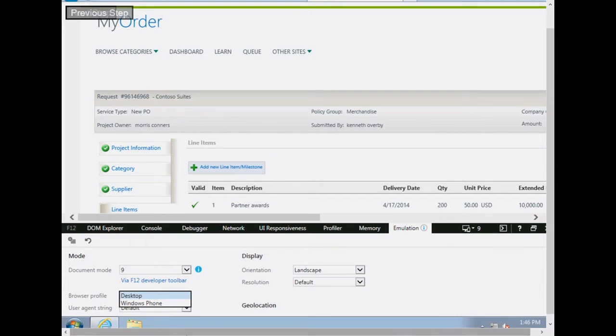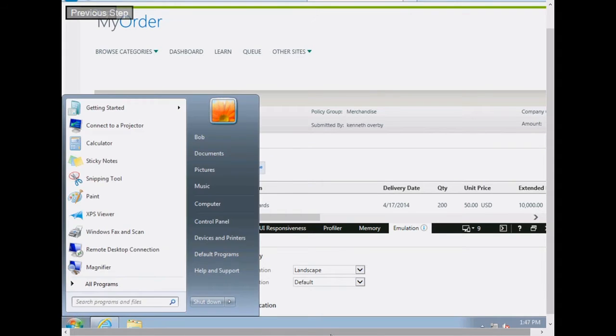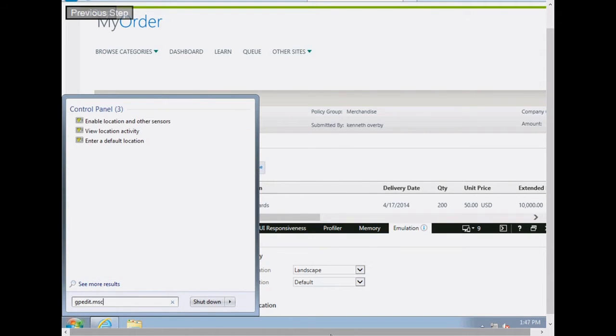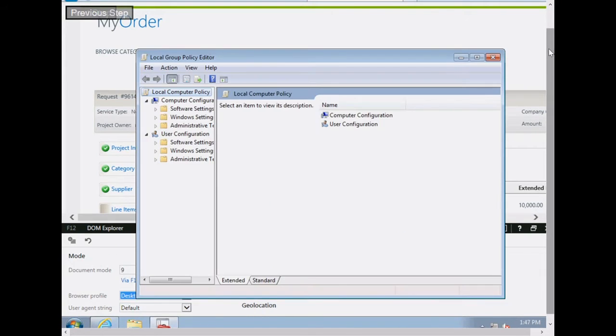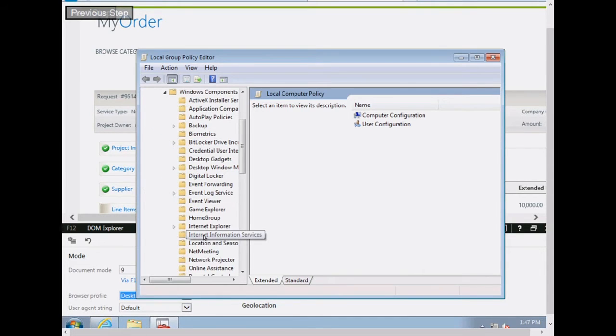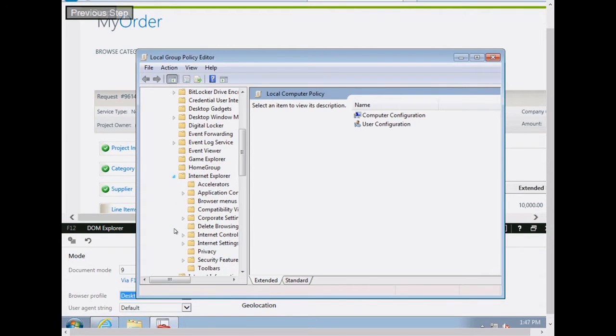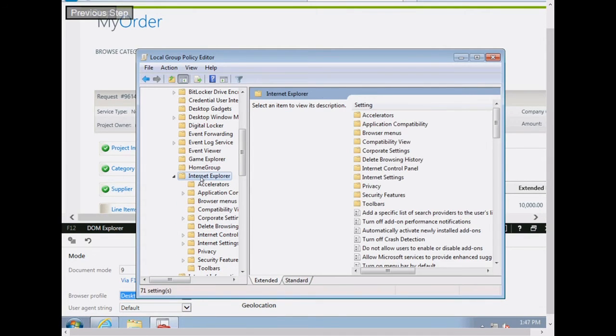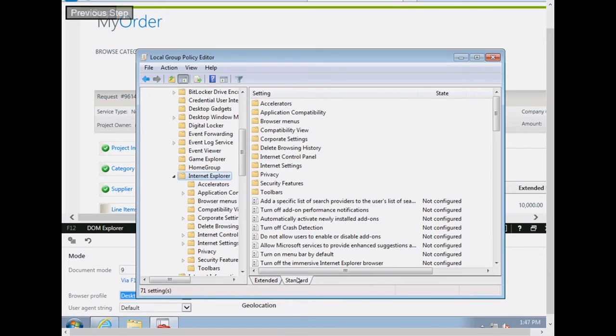Now, we don't have an enterprise here, so it's a bit of a trick question. By default, enterprise mode is turned off. So this is where we get a little more technical and we start diving into registry keys and so on. And I'm going to pull up gpedit.msc because I want to show you where this is. If I'm looking at group policy, I would go into administrative templates, Windows components, Internet Explorer, and I'm going to change this to standard just so we can see more of the window here.